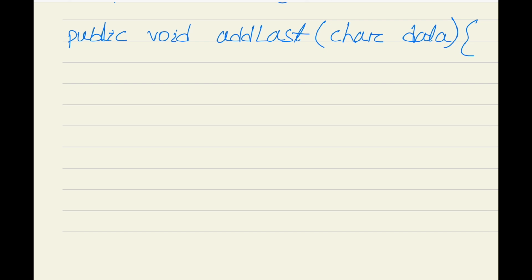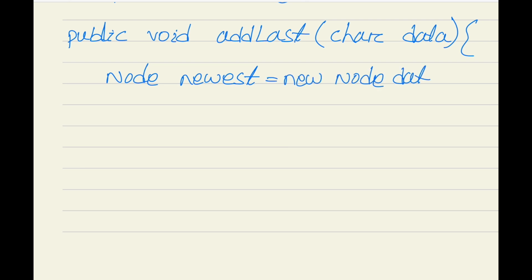Now first we create the node. So node newest equal to new node and pass this data. Now here you can observe, if the list is empty, that means if no node is there, then this newest node is the last node. Or you can say, if the list is empty, this newest node is the first node, this newest node is the last node. So we can write like this: